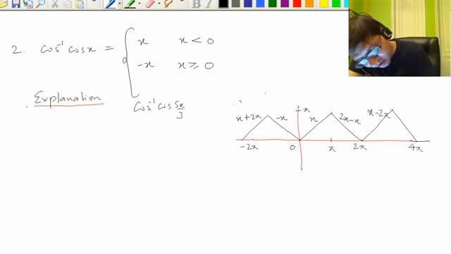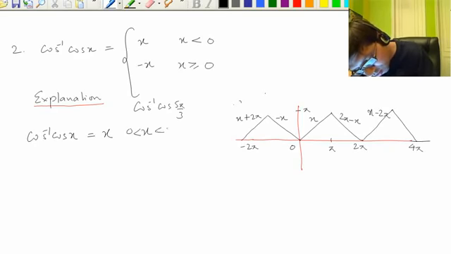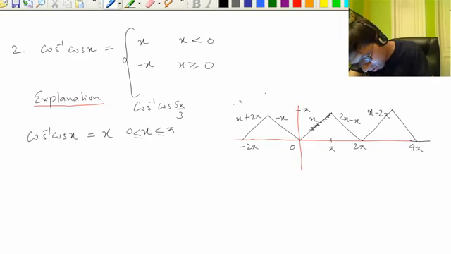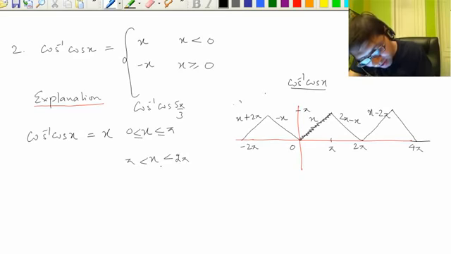Fine. So in this case, there is no problem, we can cancel cos inverse with cos, but x should belong to the principal value branch. X belongs to 0 to pi. That's why we have this graph between 0 and pi. This is the graph of cos inverse cos x equal to x. But now from pi to 2 pi, we cannot cancel cos inverse cos because x is not in the principal value branch.